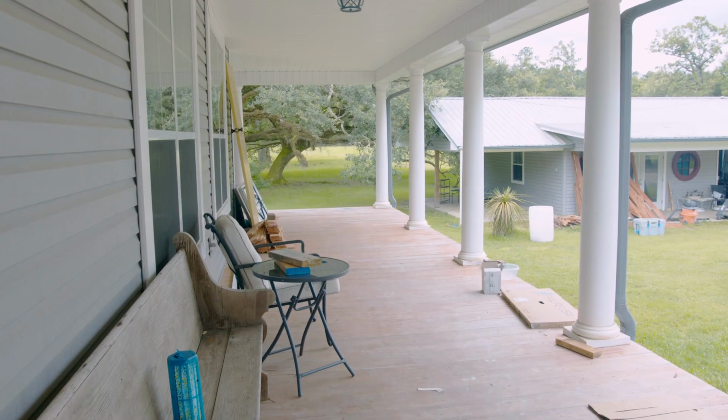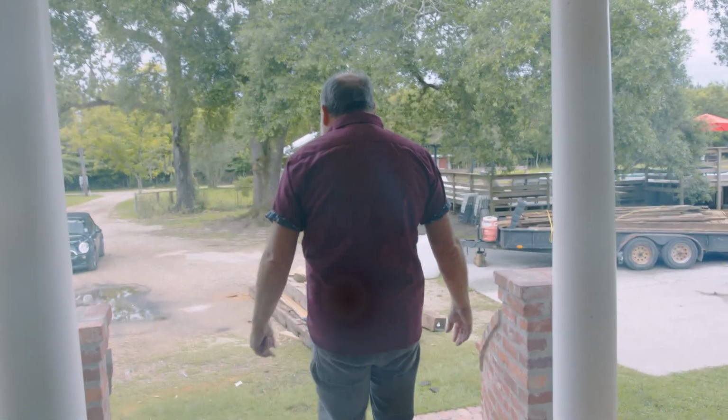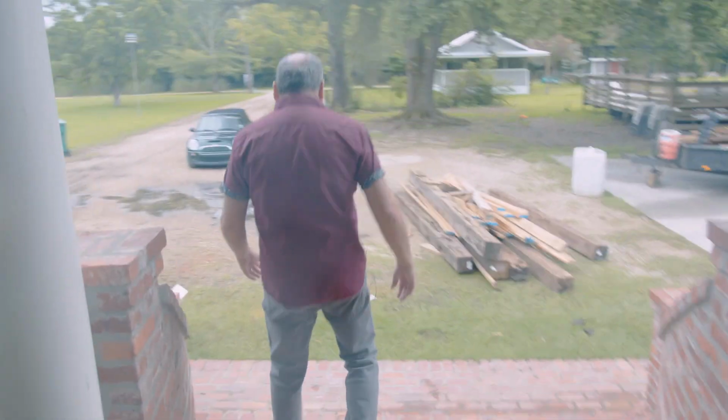As you can see, there's stuff everywhere. But these big porches are great places to fellowship. They're great places to hang out and get to know people better. We'll have a beautiful railing around here, and this is going to be a nice place to hang out before and after church, or just whenever you're here. Over here,